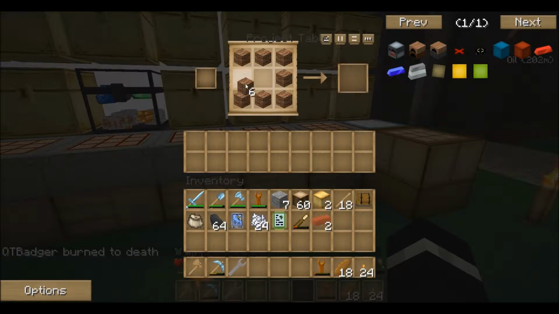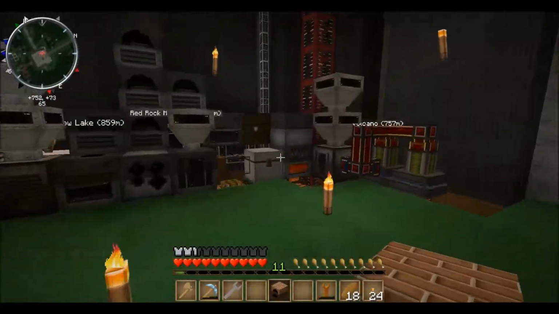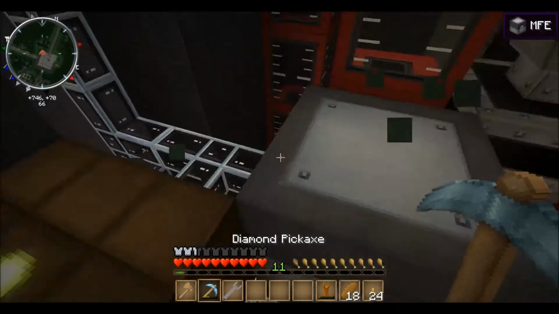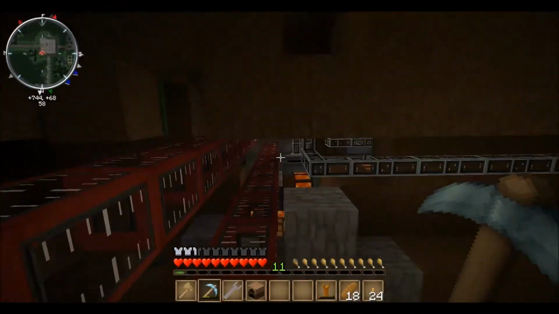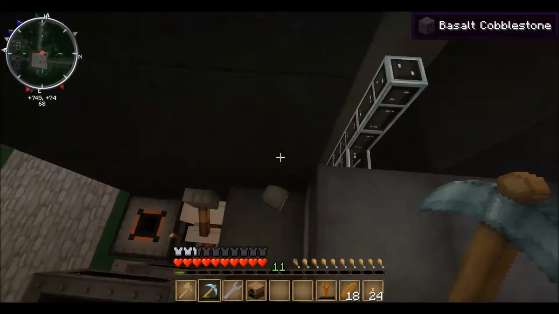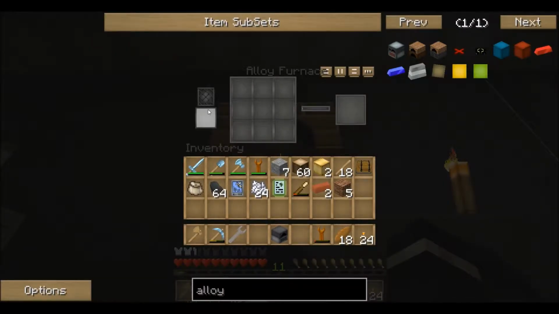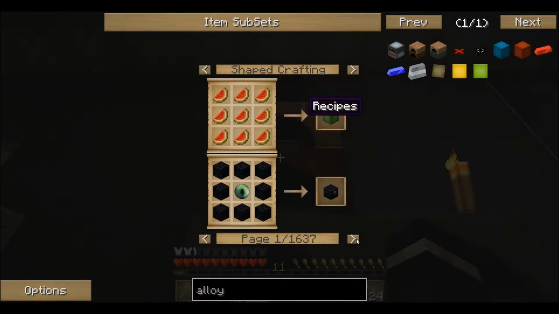There we go. Uh-oh. QT Badger burned to death. That's a bummer. Okay. No. We don't want to put it there. That would be bad. Oh, jeez. I should probably fill that up. Yeah. We don't want to keep falling down there. I'm going to put something there. Okay. We're going to put this at the top here. There we go. And the reason for that is we need to make...